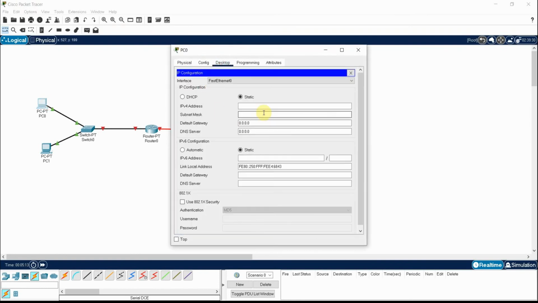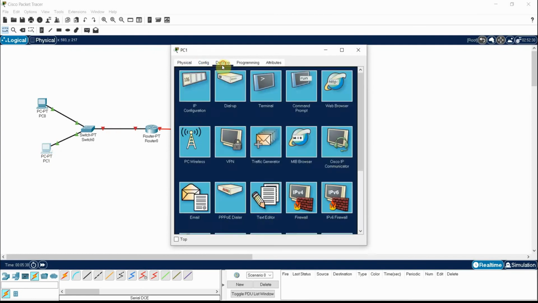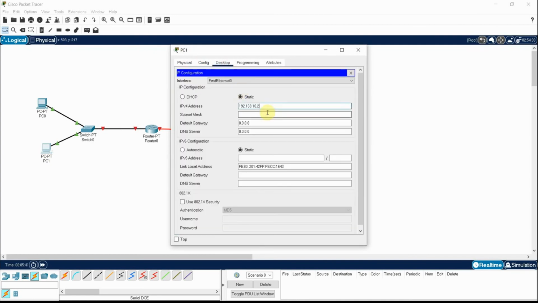So first let us configure this first PC, that is 192.168.10.2. So this is our IP address, and this is our subnet mask, and the gateway will be the same, but it will be 1 here. Okay, now let us go for the next PC for the configuration. Here also the configuration will be same. Here it will be 3, subnet mask is same, and here also it will be 1. Okay,